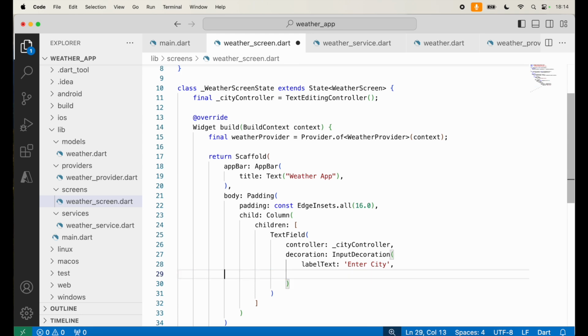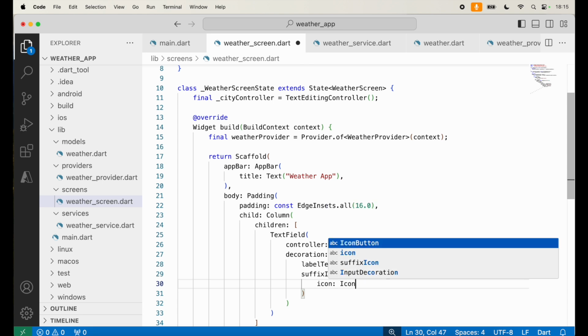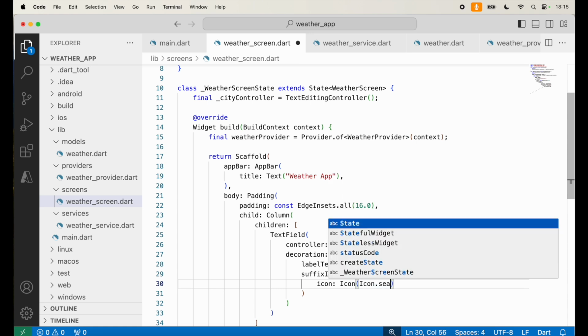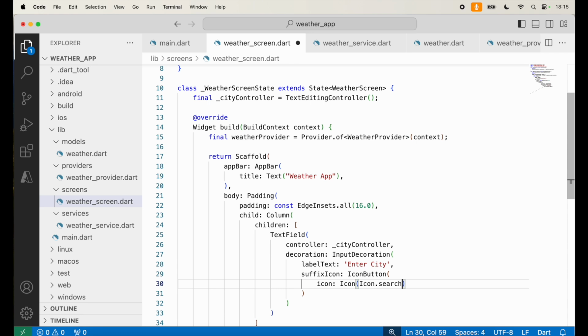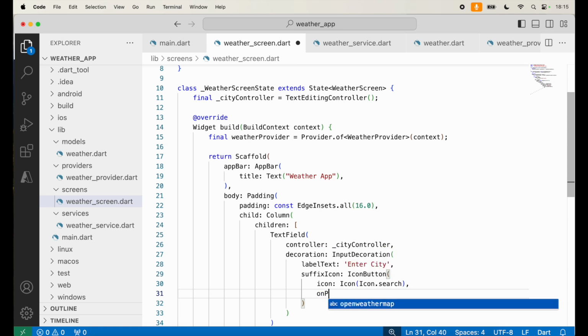I will use a suffix icon for it after the end of the text field. Instead of using a button, I will use the icon button, which is of the type icon, and that I think is called icon dot search, if I'm not wrong. And then what happens when you press on that icon, that also I have to specify. On